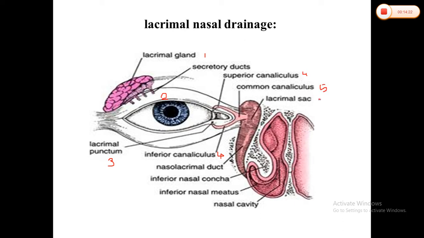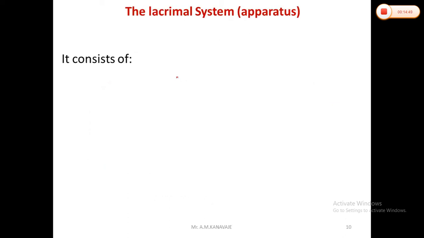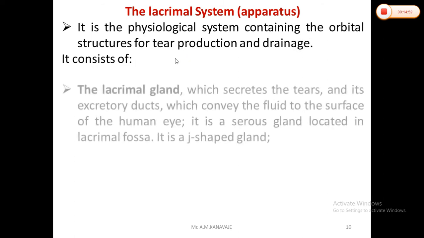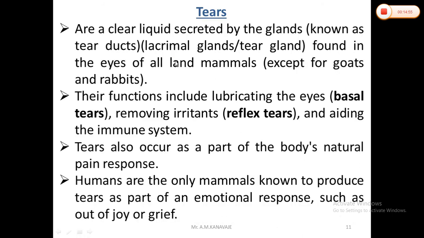It will enter into the lacrimal sac, and then the lacrimal sac generates a negative pressure, and because of the negative pressure, whatever tears are there are drained into the nasolacrimal duct, and through the nasolacrimal duct they enter into the nasal cavity. So this is the process that we have covered for the lacrimal drainage system. Okay, so this is the process they have given here.